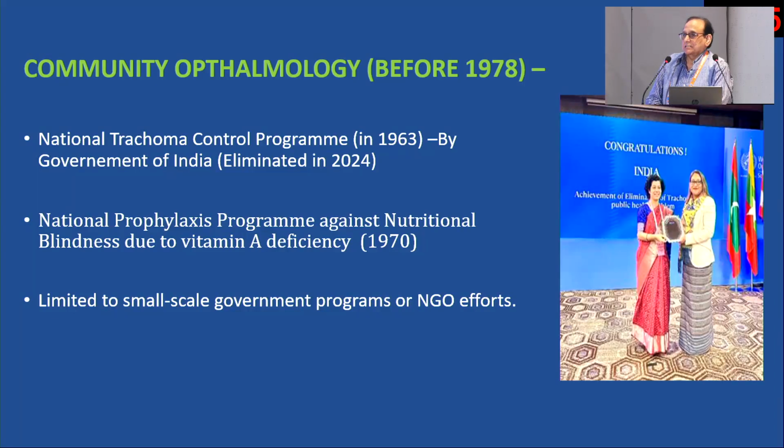And the program started in NPCB, and in Nirman Bhavan, a lot of meetings, lot of discussions, and people used to tell their stories, the advisors from various states. And what was the state of affairs before that, we are going to discuss. I don't know who have seen those eras, maybe Dr. Inder or Dr. Nalini or a few friends who have seen those traditional camp approaches and what community ophthalmology definition used to be,